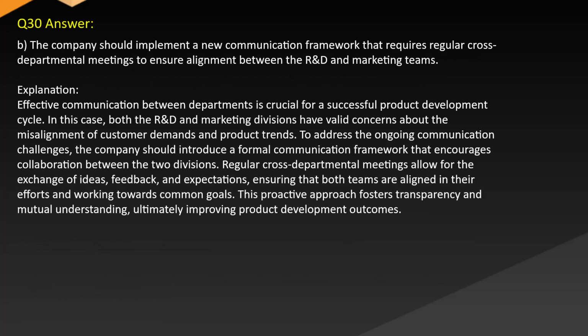Answer: B. The company should implement a new communication framework that requires regular cross-departmental meetings to ensure alignment between the R&D and marketing teams. Explanation: effective communication between departments is crucial for a successful product development cycle. In this case, both the R&D and marketing divisions have valid concerns about the misalignment of customer demands and product